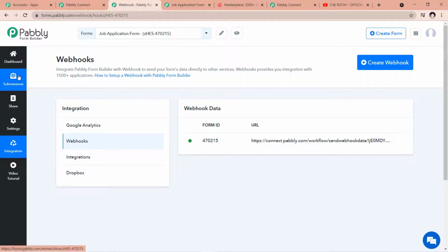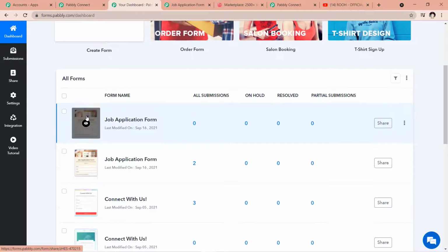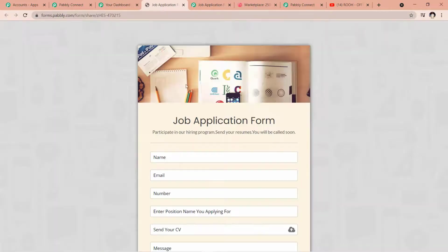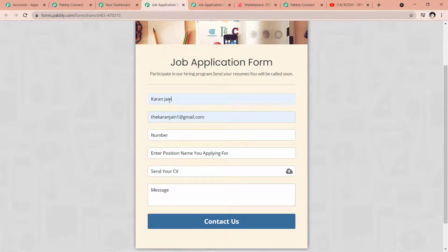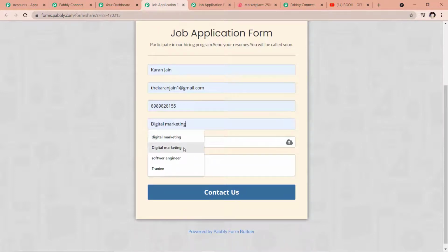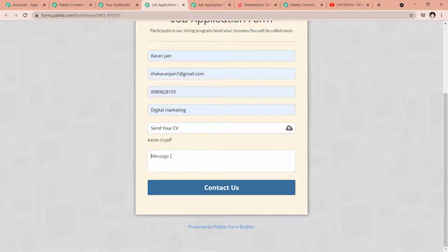Now you have to go back to the form which you have created, the job applicant form. Okay, let's review this. Now we have to enter the details here. Let's say the applicant details are these. The name is Karan Jain, the email ID, the number, and he is applying for the post of digital marketing. Let's say the CV. You can see the CV of Karan here on my screen. I have uploaded the CV. And finally, Karan types, hello,